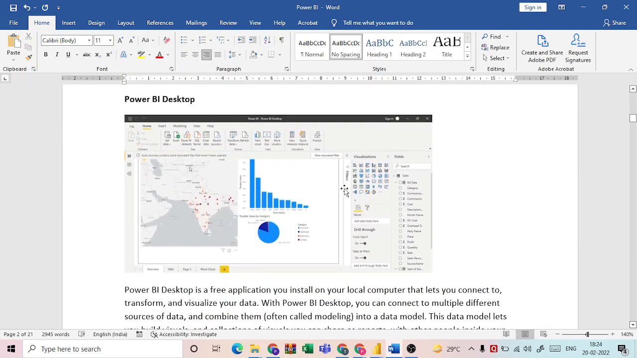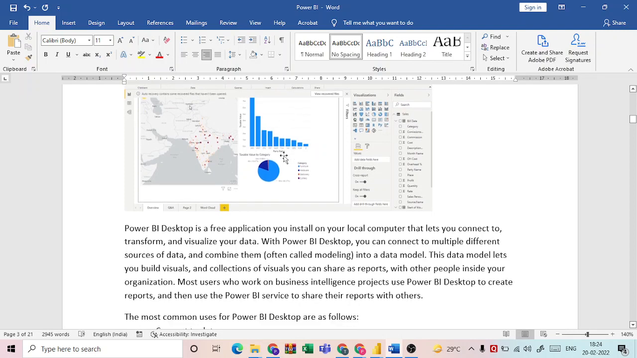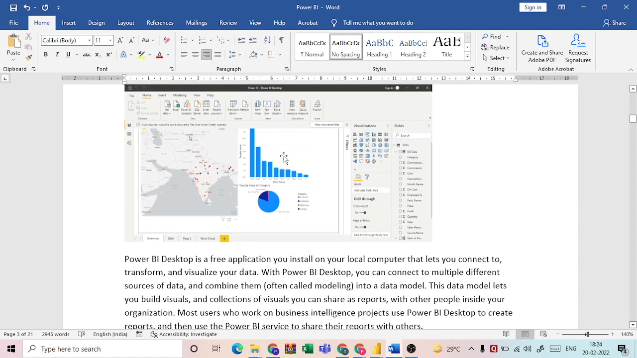Power BI Desktop is a free application which you can install in your local system, and then you can import your data set and transform it, clean it, and prepare a visual interactive dashboard, and publish it and share it with your colleagues, or you can publish it in your organization. So this is Power BI Desktop. To start with it, first you need to download the Power BI Desktop app. To do that, we will go to the